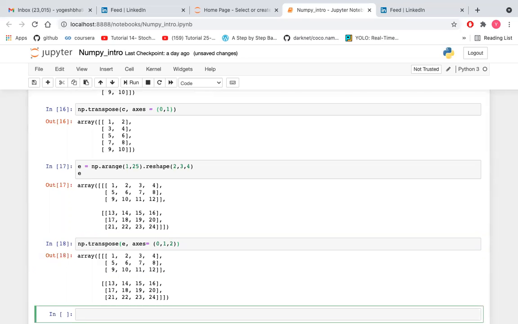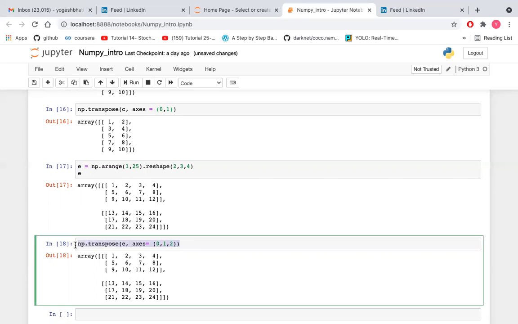Here you can find that in this case 0 represents the number of arrays, which is two, 1 represents the number of rows, and 2 represents the number of columns, which is four. So if we change the values, now we will understand better.